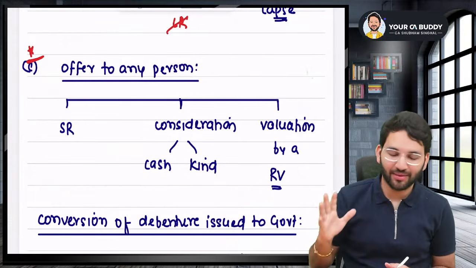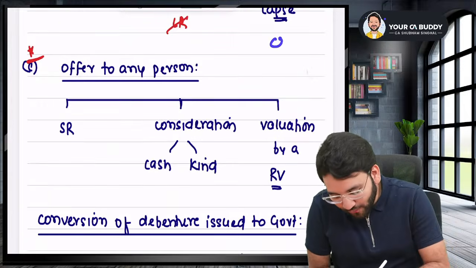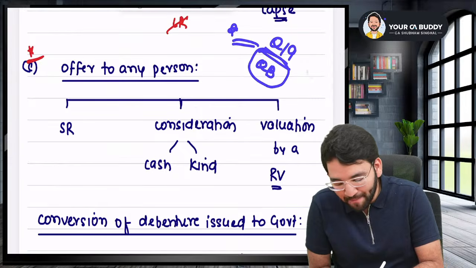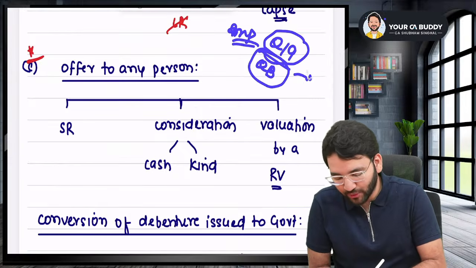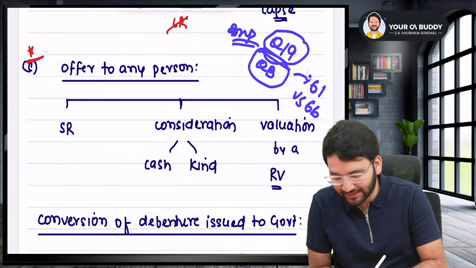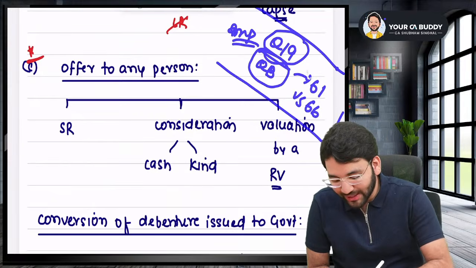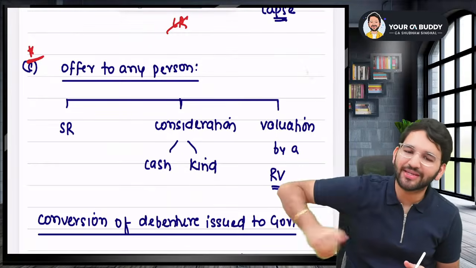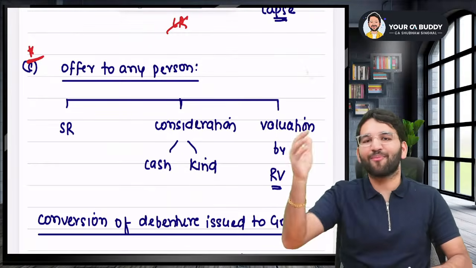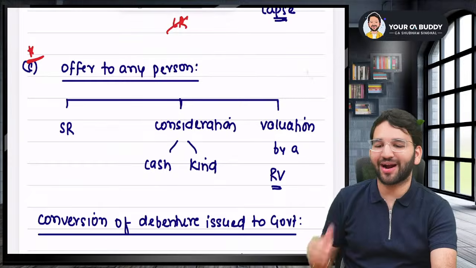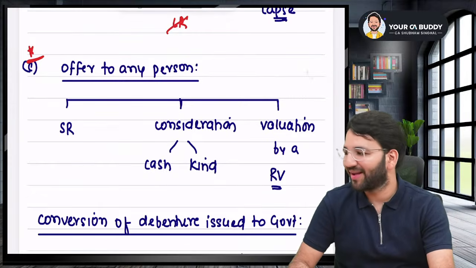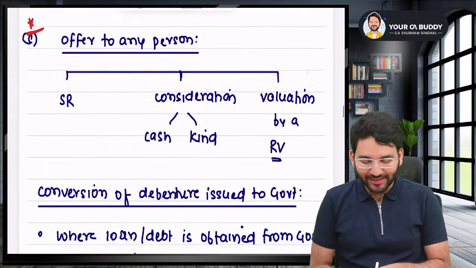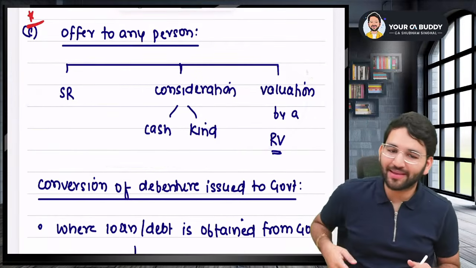In the question bank, sir, 1 second, let me tell you. Go and solve question number 19 of my question bank. You will feel how important it is. Question number 19 was about section 61 versus 66. If you are able to understand question number 19, it is completely doable for you. And these sections that I'm teaching you have utmost importance in your exam, sir. Okay. So guys, keep listening to me very carefully. Sir, this is your offer to any other person.